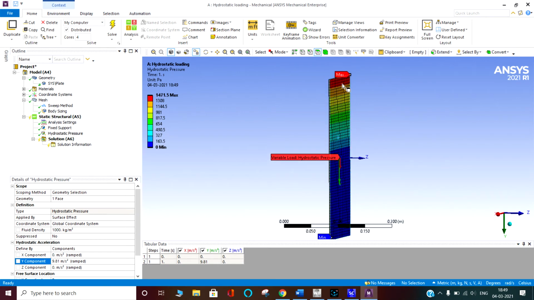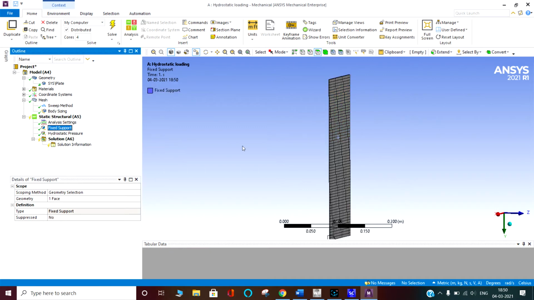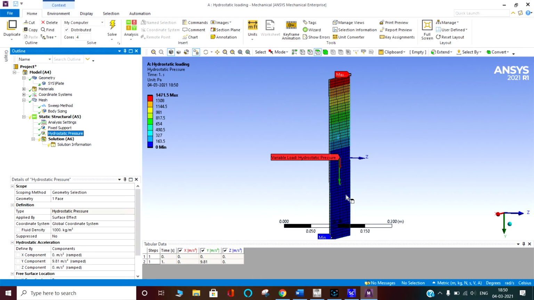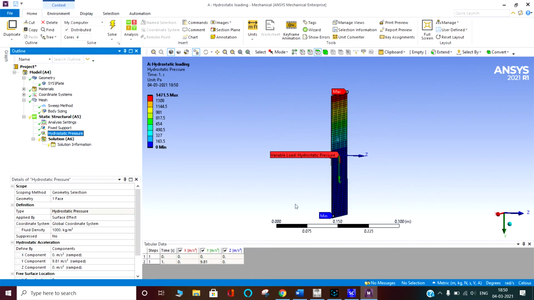And okay, I think I have made a mistake because our pressure should be maximum at the bottom and minimum at the top. Our fixed support is at the base. So our hydrostatic pressure should be like that. It should be maximum at the bottom.